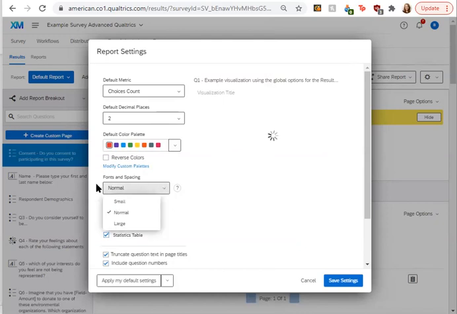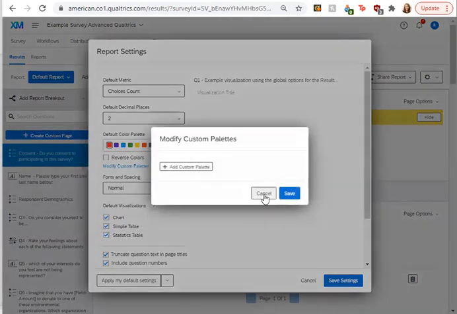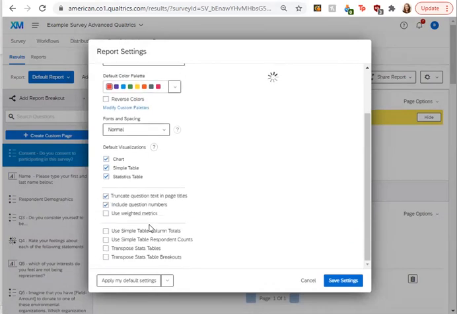So here's some font options. If you want default visualizations, they're right here. And just other different settings are right here. So if you want to apply the default settings, you would just select that.